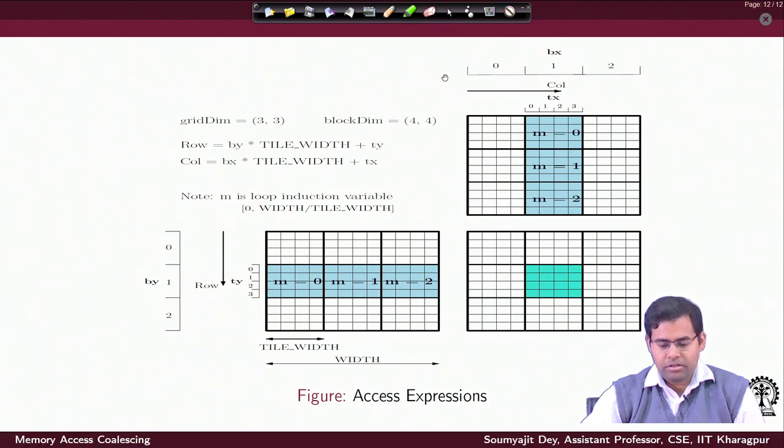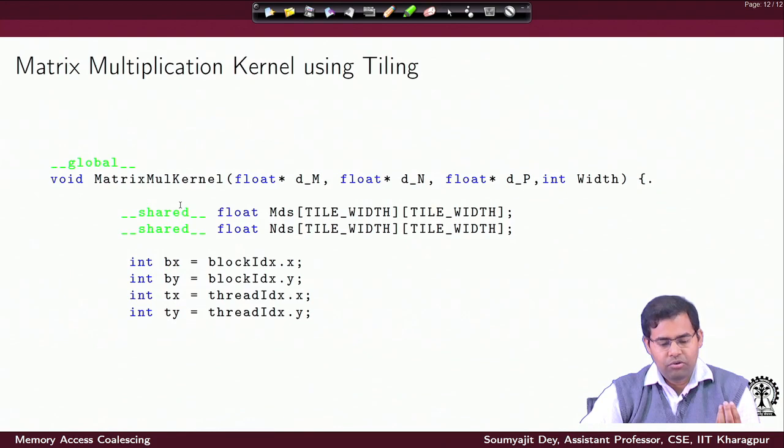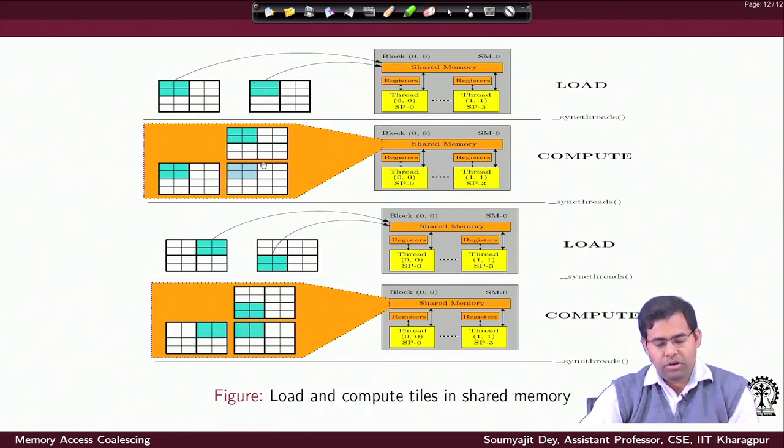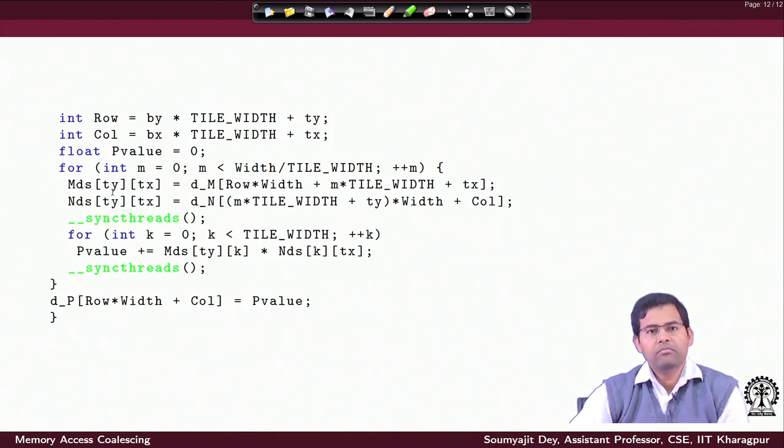So, with this, if I progress with the code, first of all, after ensuring that all the threads have brought in the respective tiles in the load phase, only then should I go into the compute phase and do the partial sum computation. That is why after bringing the data, there is a sync thread. As long as I am not done with the partial sum computation, I should not go into the outer loop and bring in more tiles, right. Until the partial sum computations are done for whatever data was brought in the previous load phase, all the threads need to synchronize.